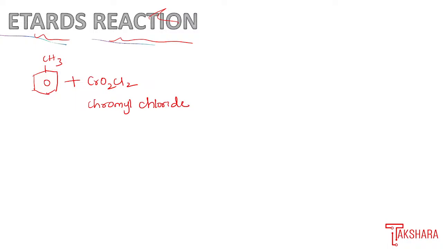This reactant molecule is called toluene. When toluene is treated with chromyl chloride in the presence of carbon disulfide, that is CS2,